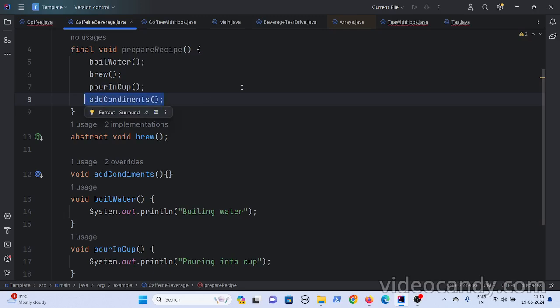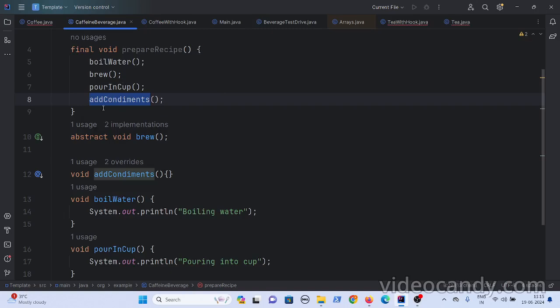This method doesn't make sense for the coffee class, and even for the tea class, with some lemon. If you declare this as an abstract method here, then coffee and tea have to provide an implementation, be it an empty implementation as well. But it doesn't make sense to force coffee and tea classes to implement add condiments, right?